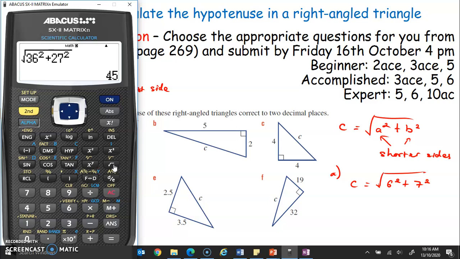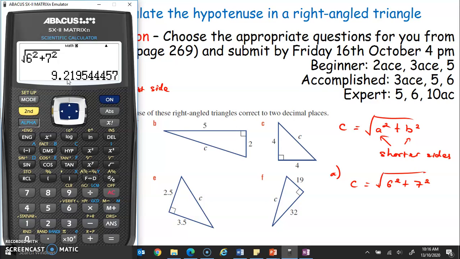On your calculator you may have a square root button like mine. I think on the green calculator it is around this side; on mine it is over here. So square root of, and I'm just going to write inside the box here. 6 squared, and you should also have a square button, plus 7 squared, and that equals